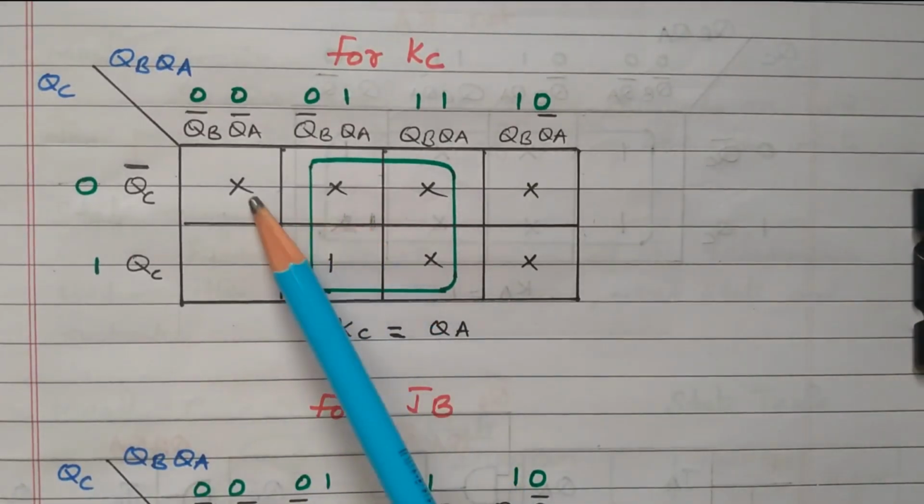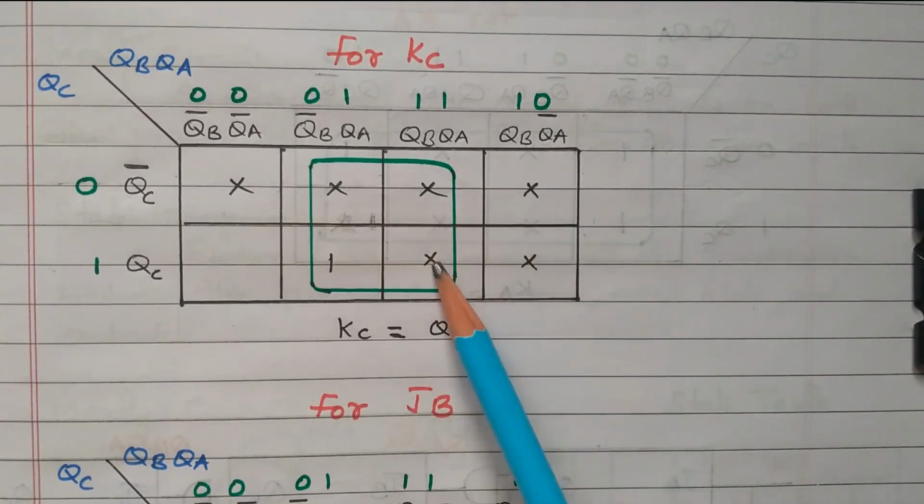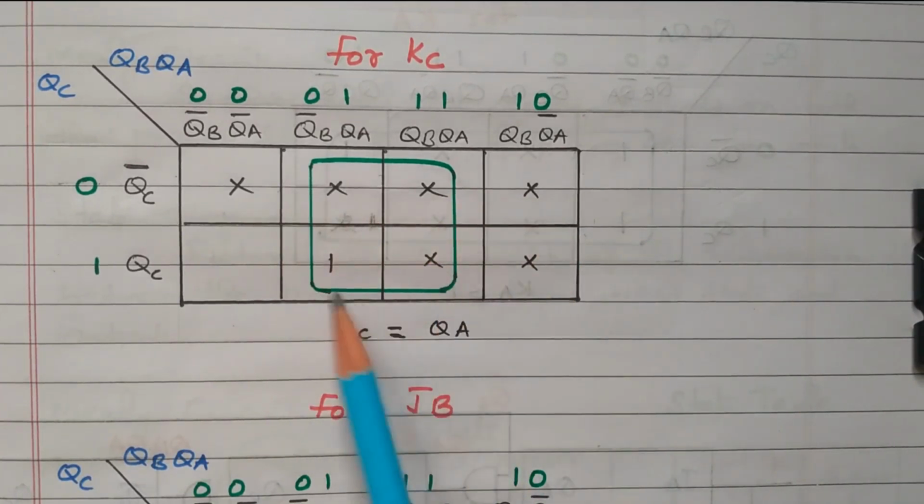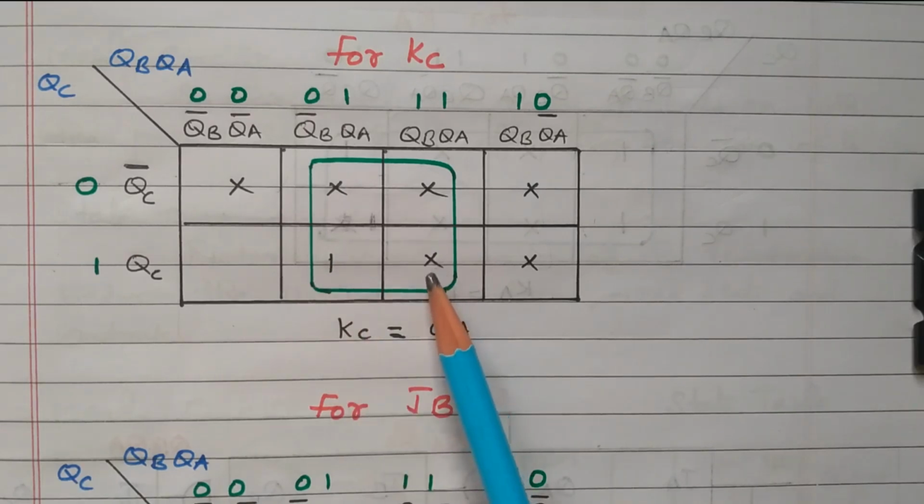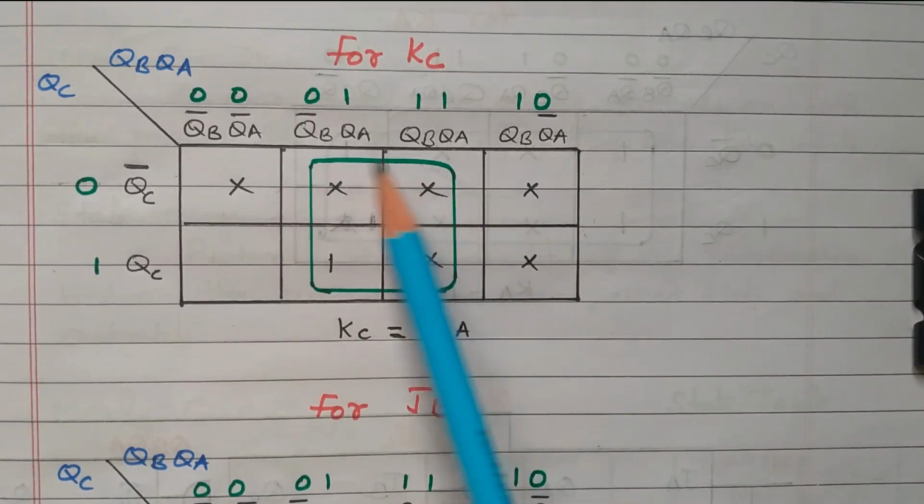Right. Here there are 1, 2, 3, 4, 5, 6 don't care conditions available, and only 1 is there. This is not only a don't care condition. That is, the input to the JC may be 0 or 1. So based on that we have a cross mark. So we can combine these